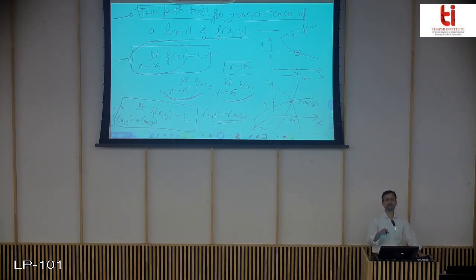So when you have point x naught, y naught, you can approach that point not only from the left and right, but from all of the directions around it, using any path, curve or line. So this is the basic difference between single variable and two variable. In single variable, we approach the point from only left and right. But in two variable, the point x naught, y naught is to be reached from all directions, and the value should come out to be the same.